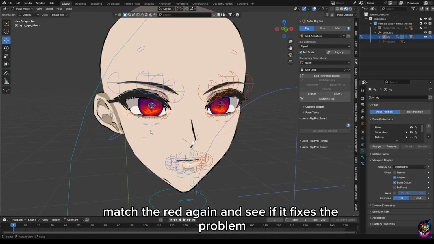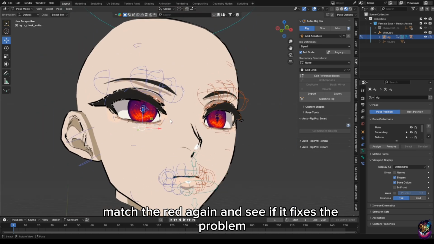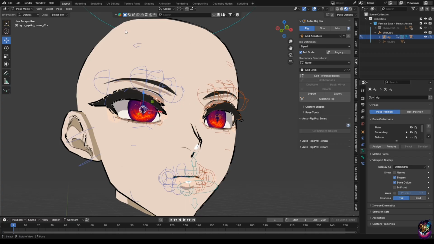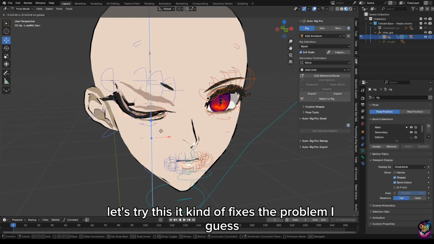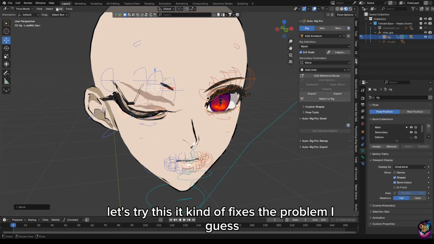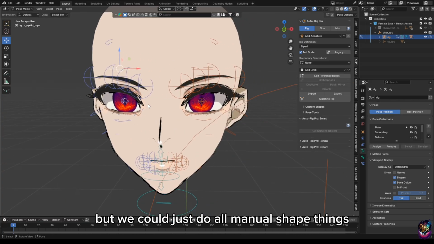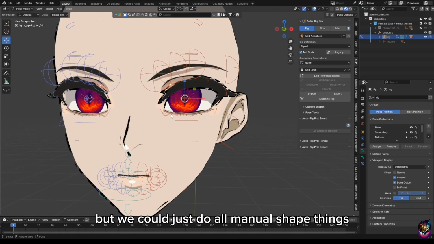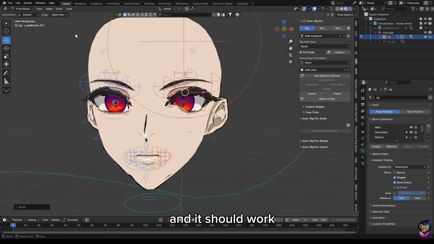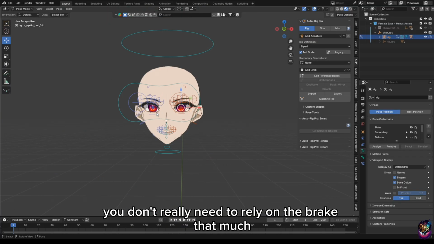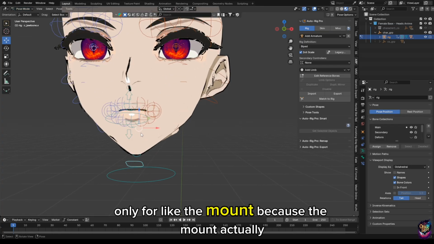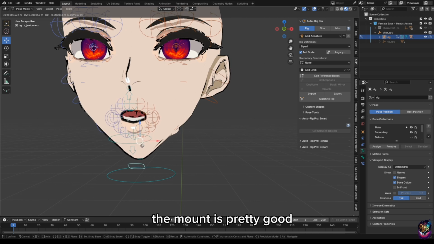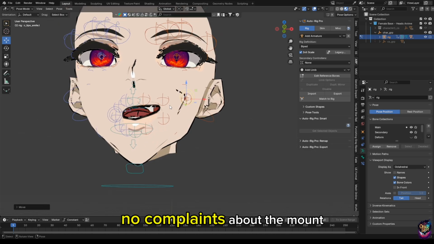Match the rig again and see if it fixes the problem. Let's try this. It kind of fixes the problem, I guess, but we could just do all manual shape keys and it should work. We don't really need to rely on the rig that much, only for the mouth, because the mouth actually is pretty good. No complaints about the